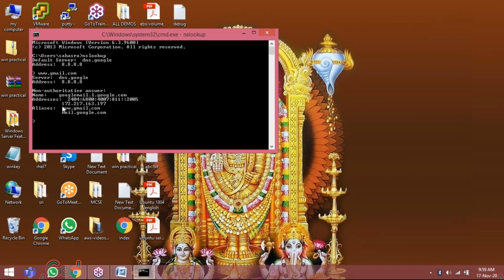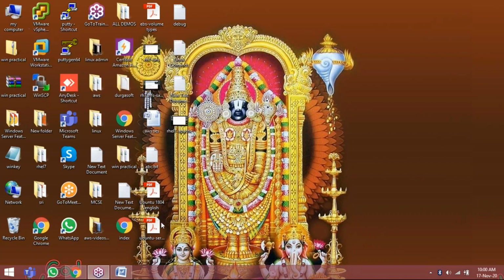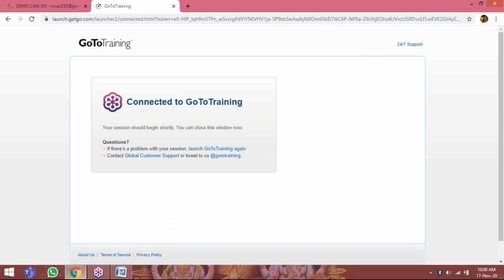So what is the IP address? 172.217.163.197. www.flipkart.com, for example. See, we can remember the sites with names, we cannot remember with the numbers, but it shows the IP address of Flipkart, 163.53.78.110. Like this, in real times when we are going to work,